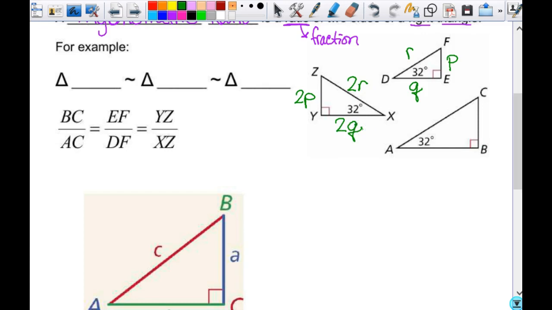Make sense? Basic concept of similarity. Then here across from 32, I'm going to make this 3P, which means this has to be 3R and this has to be 3Q. Okay. So the concept of similarity, the types of problems that you have solved in the past with like a